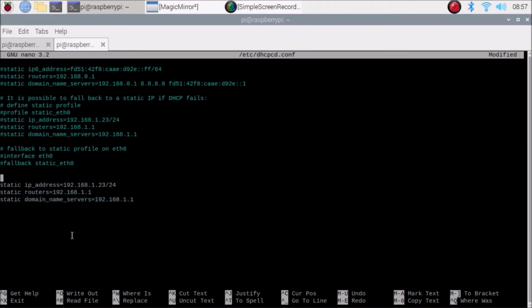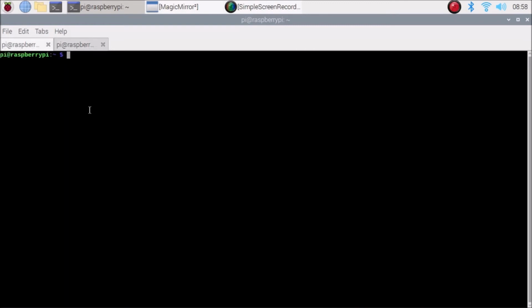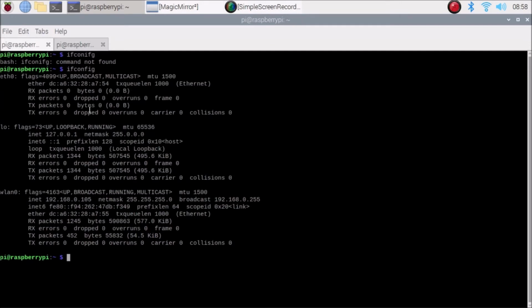Of these lines, we need to mention the interface for which we want to set the static IP address. So the interface is wlan0. How to know the interface? If I go here to another tab, of course, the ifconfig command, hit enter, and as you can see this is the interface, wlan0. So you need to first check the interface. If you want to go with eth0, our LAN interface, you need to set the interface to eth0. We are going to set it right now for wlan0, the Wi-Fi interface. So I am going to mention the interface name wlan0.